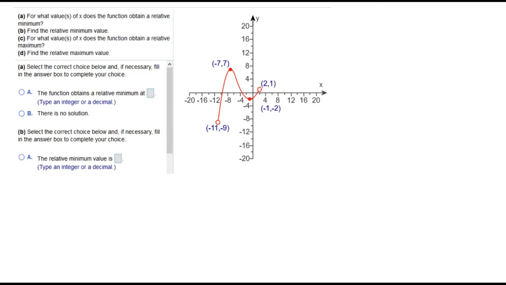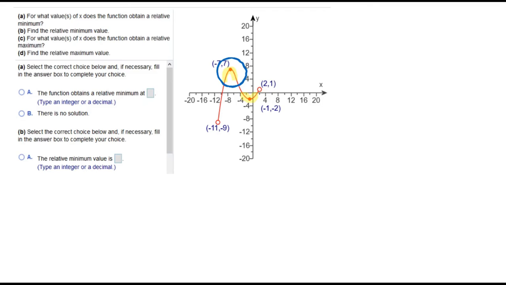So a relative minimum and relative maximum, those are going to be the highest and lowest values, but in a localized area, localized interval. So what we're really looking for is not the lowest y value on the whole picture or the highest y value on the whole picture. We're looking for little peaks and valleys in the graph. So that's what we mean by relative. If we narrow our focus,